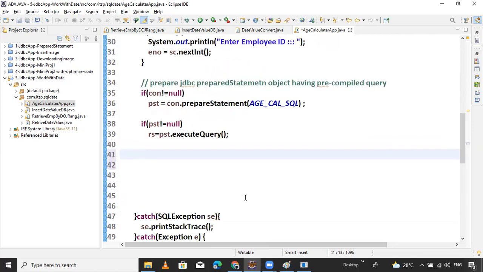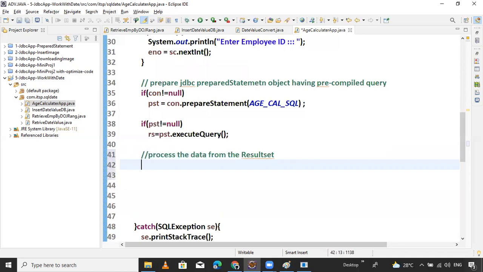Now next is process the result. Process the data from the result set. Okay.